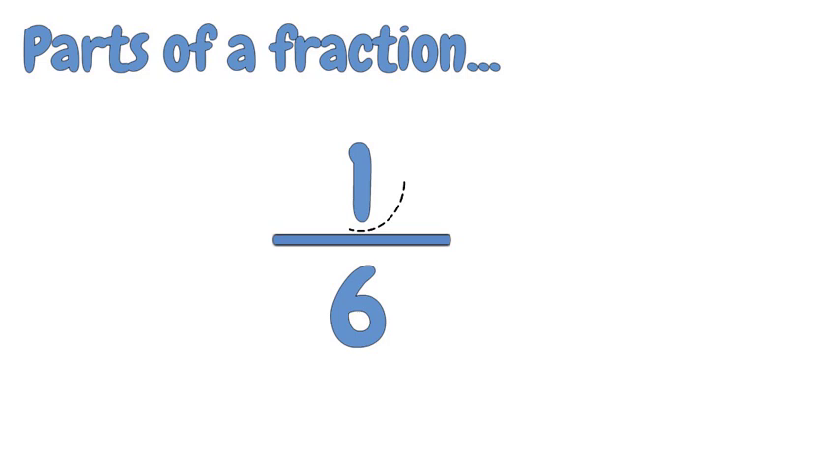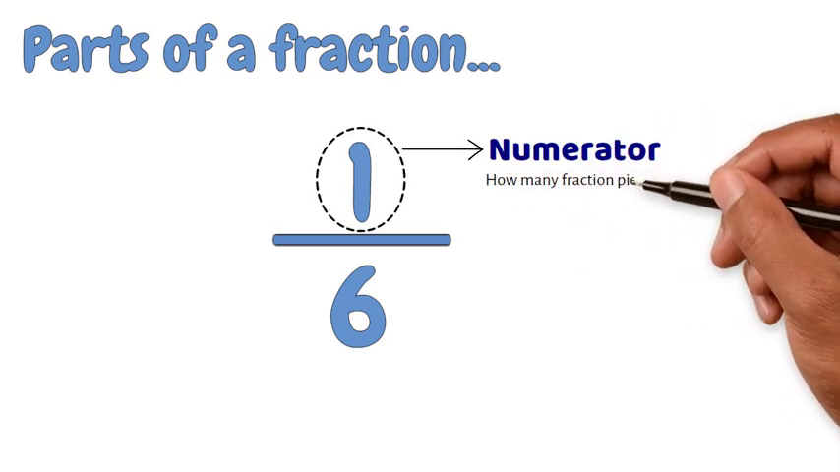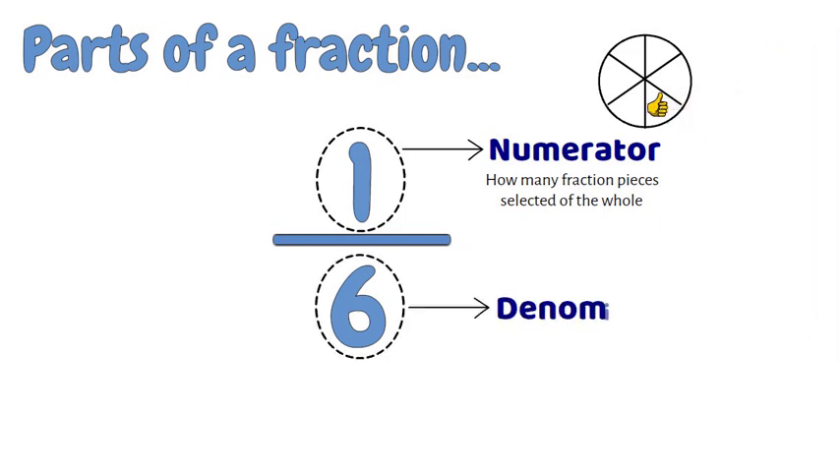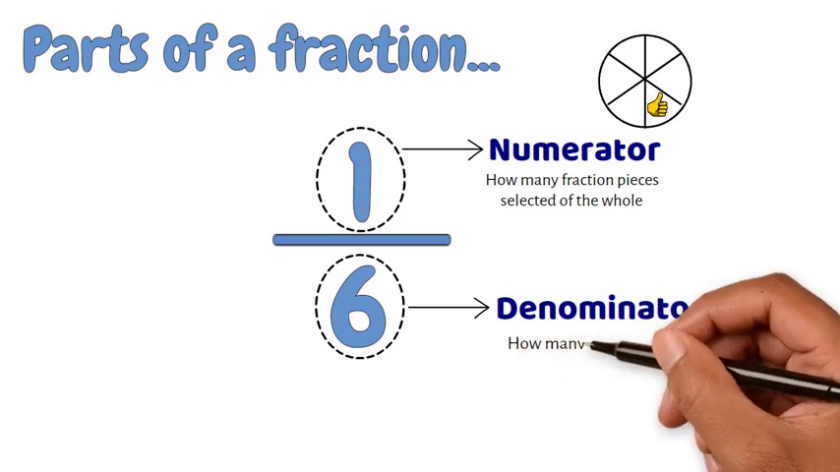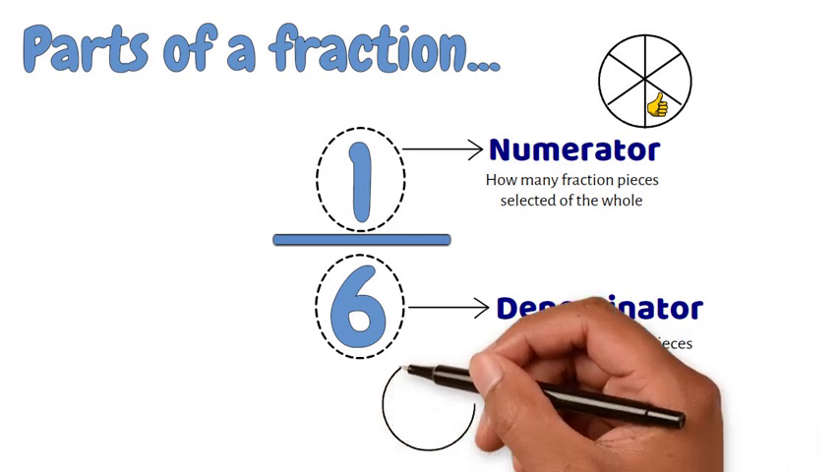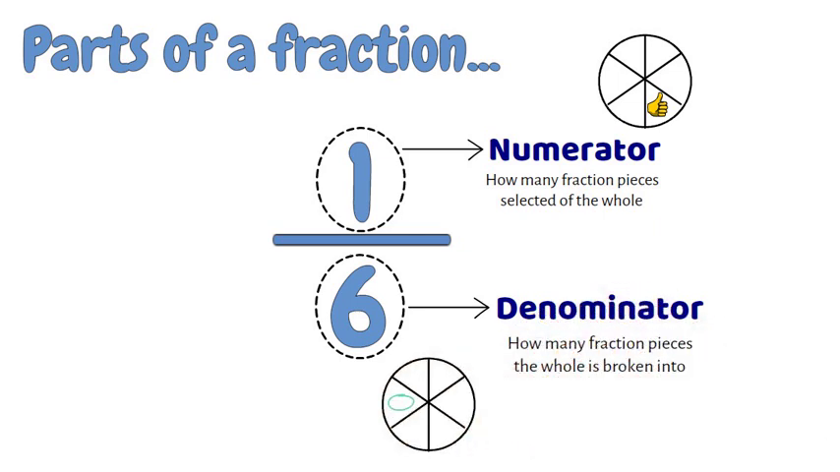Now let's work through the different parts of a fraction. The number on the top is called the numerator, and it shows how many fraction pieces have been selected of the whole. When we look at this fraction, the 1 represents the one piece of the cake that I selected. The number at the bottom is called the denominator, and this number tells us how many fraction pieces the whole has been broken into. The 6 in this fraction represents the 6 equal pieces that we divided the whole cake